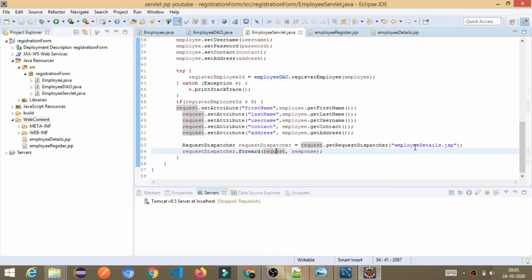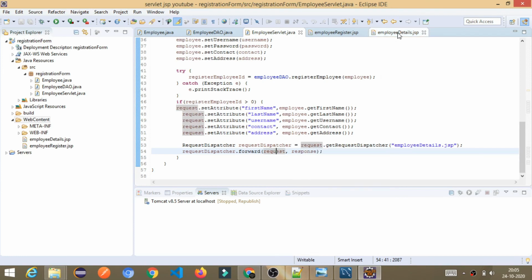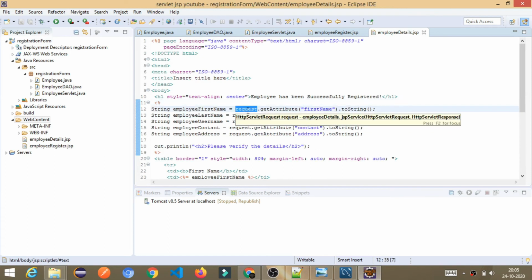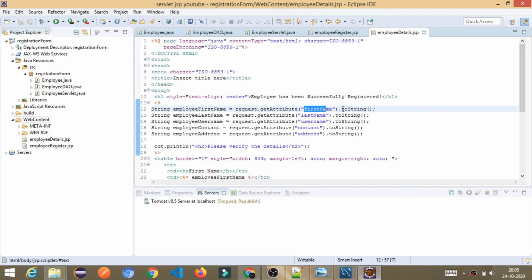Once it gets executed, the control or thread comes to employee details.jsp. Here we get the request object reference and call the getAttribute method. It returns the first name as an object, so I convert it to a string, and it returns the employee first name.